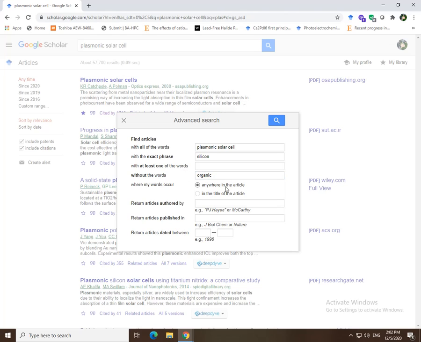Okay, anywhere in the article or in the title of the article. This example will show you the articles with these words anywhere in the article or in the title only. The other options are that here you enter the author or published in or date between. I will press